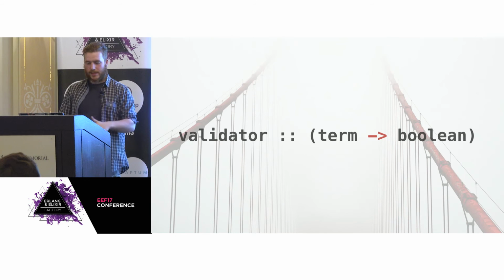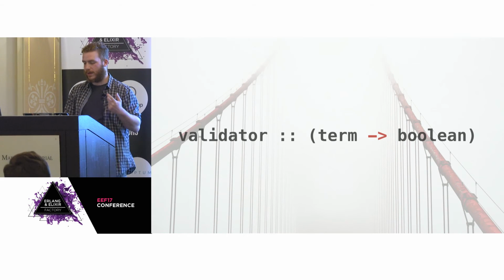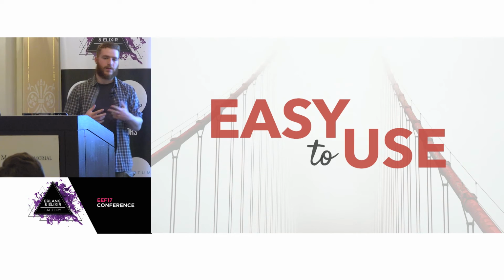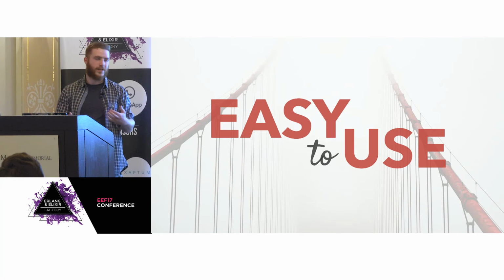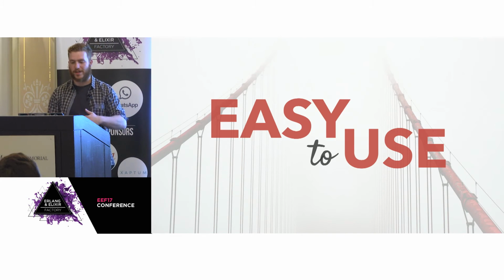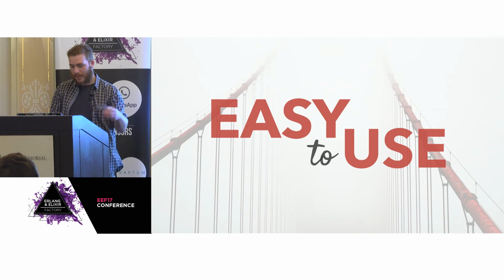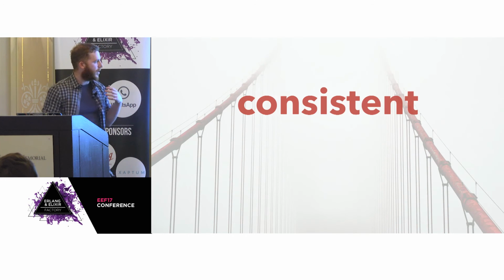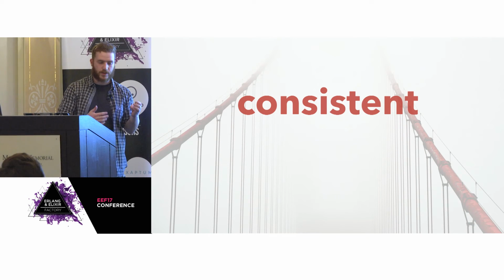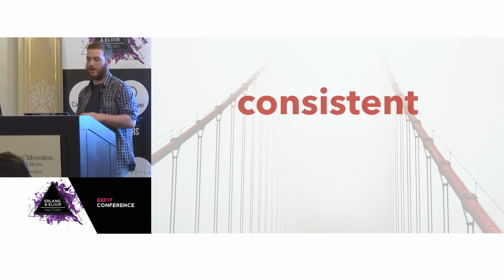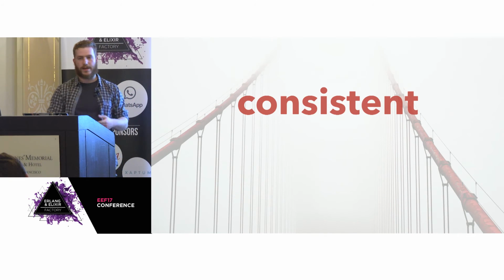So a library has to be extensible, as I said, has to be composable, and I would say it has to be easy to use in order to be a good library. When you're writing a library, try to strive for ease of use. And when you see a library that is not easy to use, there's usually something fishy going on. A good quality for being easy to use is consistency. I mean consistency in the API of the library, and consistency in the ideas behind the library.